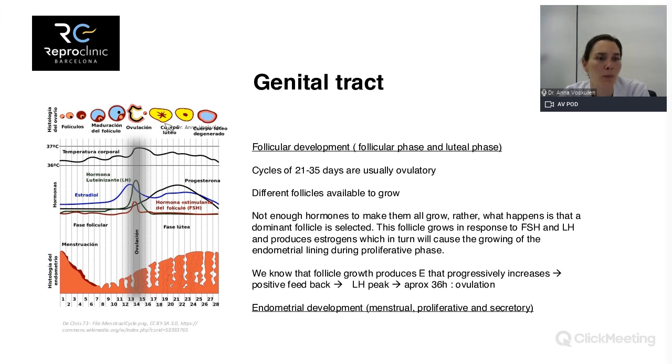So what happens after the ovulation? Apart from that, what happens in the ovary? We will have a scar in the ovary, which is the corpus luteum that produces progesterone. So what we see is that after ovulation, the progesterone is going to rise, okay? And this progesterone will be also responsible for changing the endometrium, okay? So giving a maturation of the endometrium so that the endometrium can receive the embryo and let the embryo implant, okay? So that would be more or less what happens in our cycles.